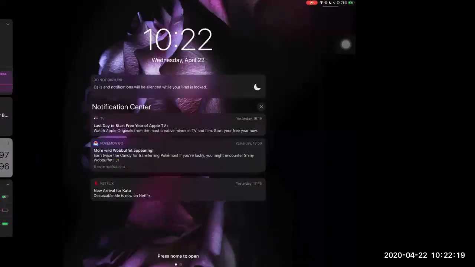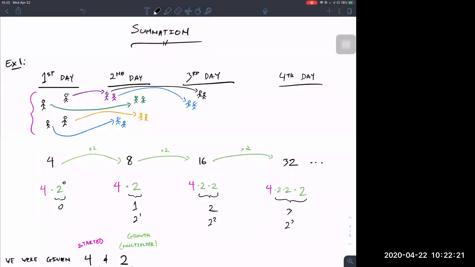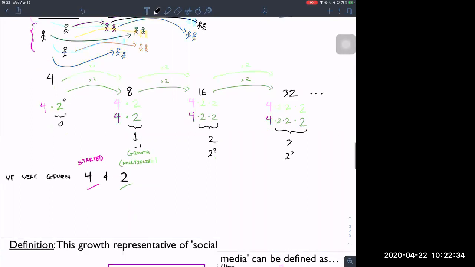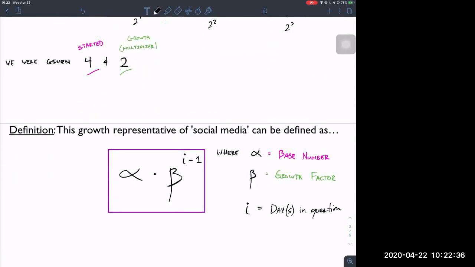Yeah, anyway. We have this growing situation. You start with 4, you grow by 2. I took you through a visual take on it, a multiplying take on it, and also now an exponential version of it, right? This is our definition of it. And now,